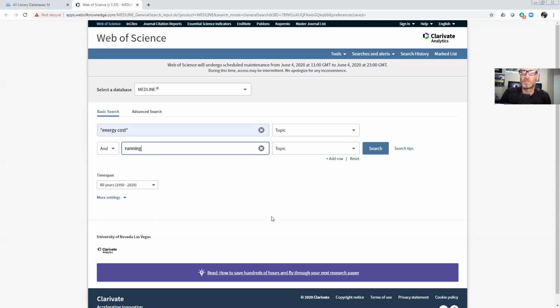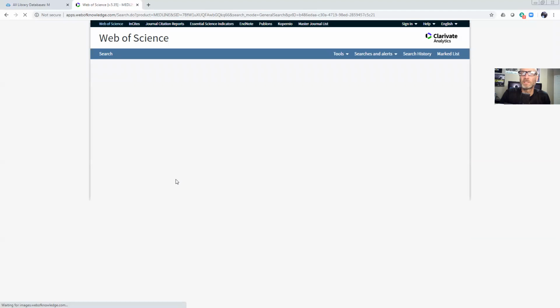or maybe I want to find something where it has a specific term in a title. Sometimes I know the title of a paper or some of the words in the title, and I want to find that paper, and I'll just search on that. All right, so I'm going to hit search, and then the search engine does what it does, and it brings